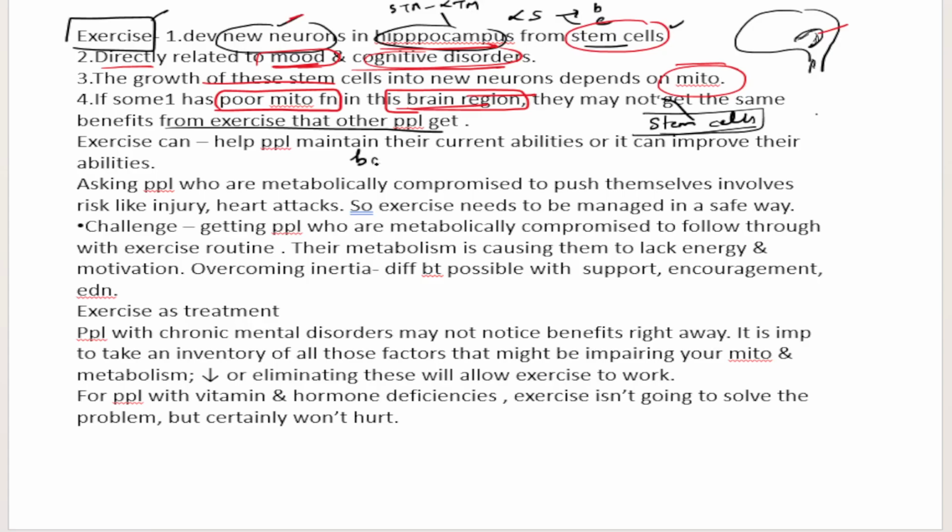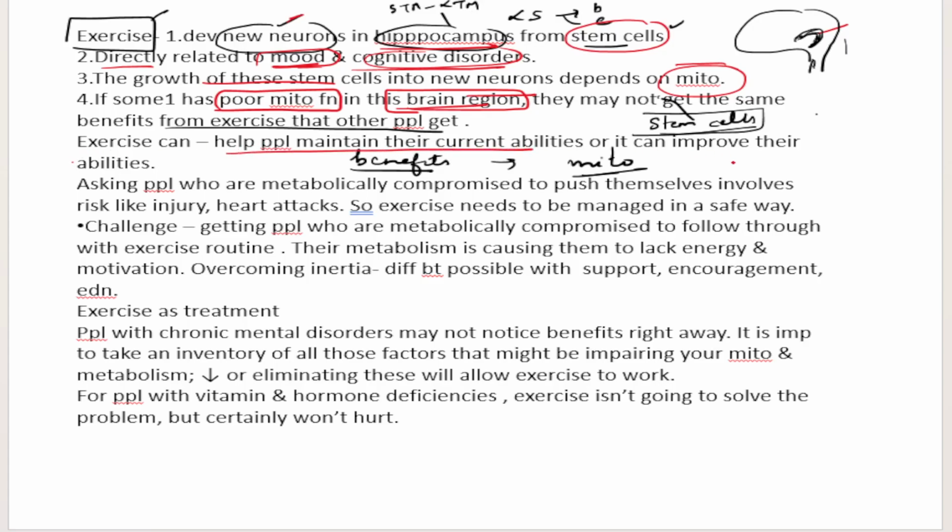So the benefits of exercise are also directly related to mitochondrial health. If the mitochondrial health is good, then you will derive more benefits from exercise. If the health of mitochondria in the hippocampus is not good, if the mitochondria are malfunctioning, then the person may not derive the same benefits from exercise as other persons are deriving. Now, exercise can